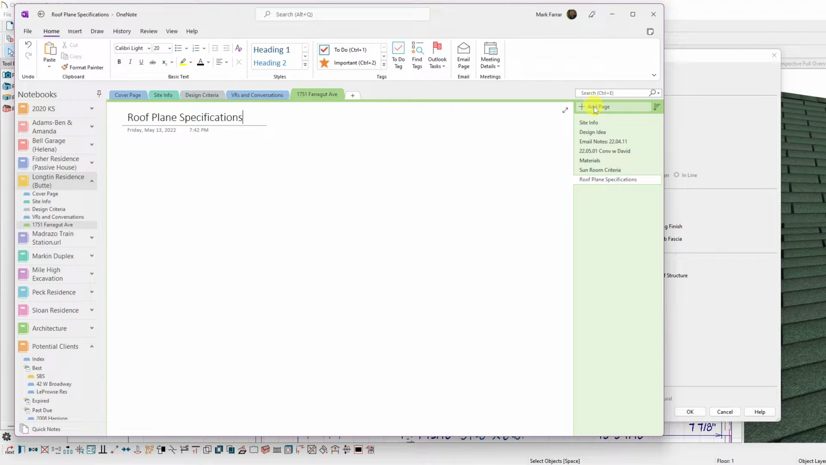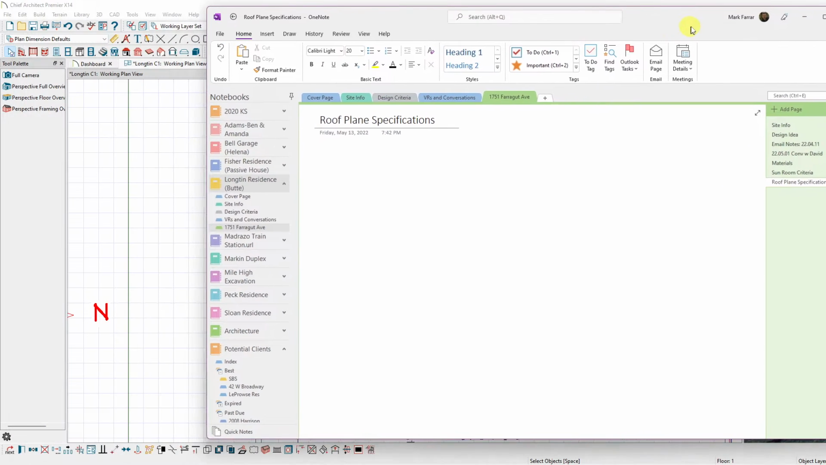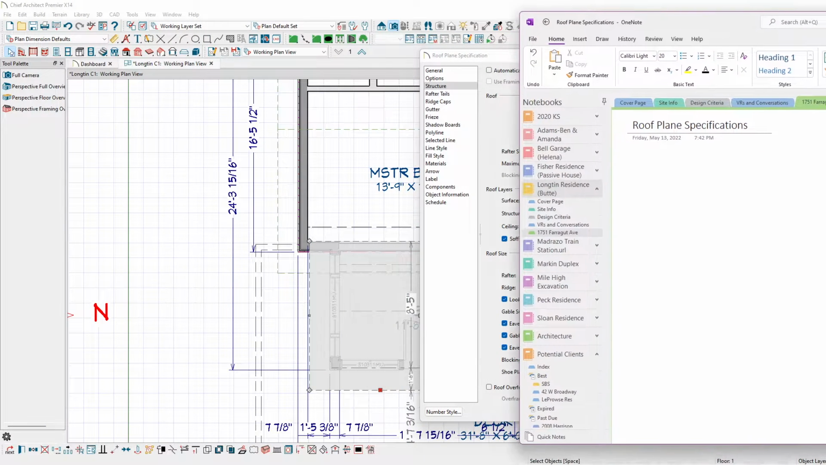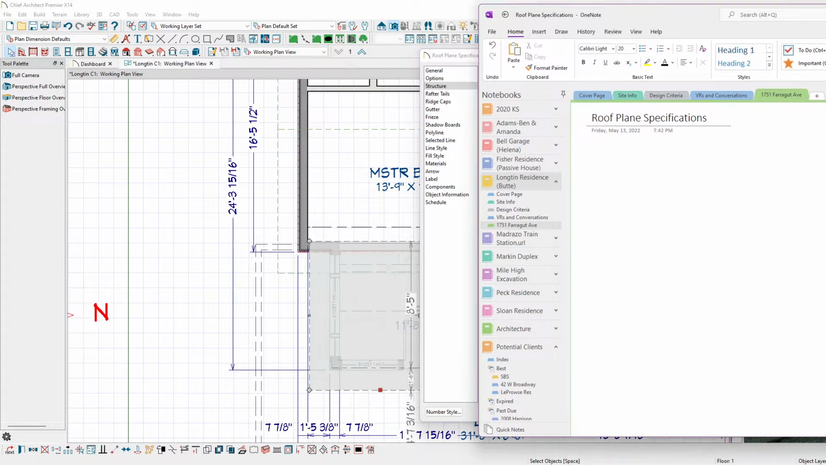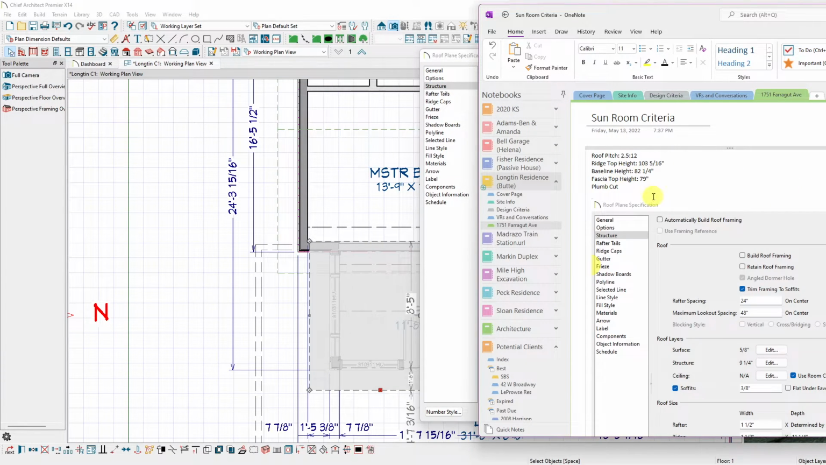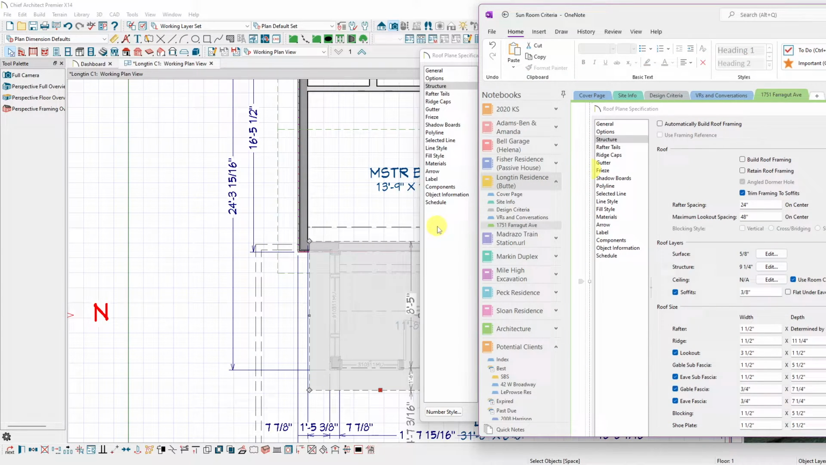And then I can add another page. And so what I'm going to add next is general and options. We'll just call it right here. This will be just general and options. So what I'm going to do is take my general and options information and just put it